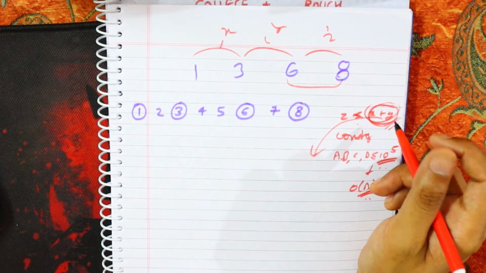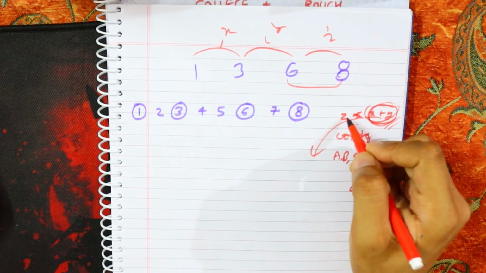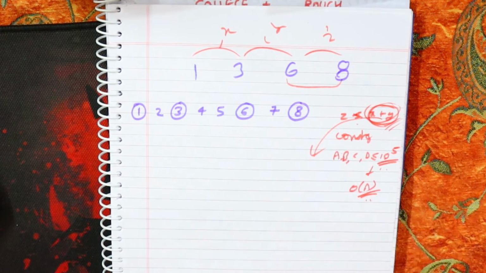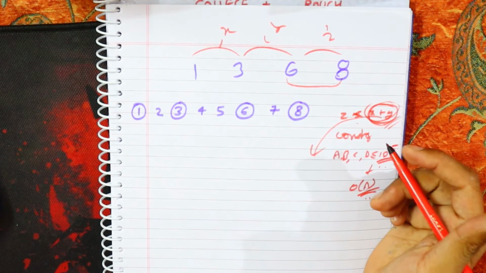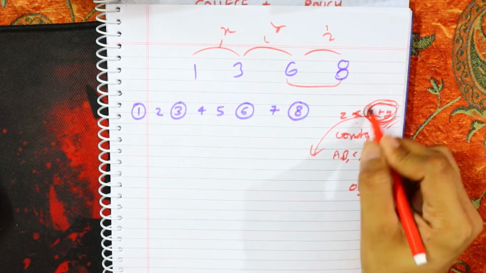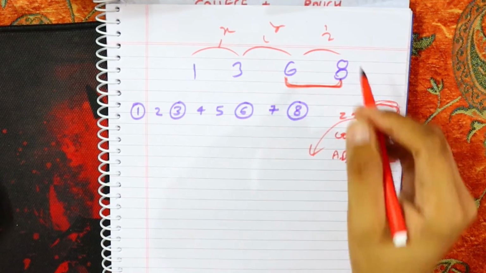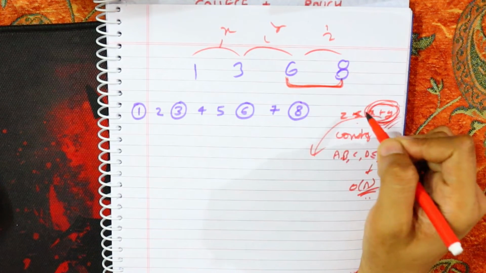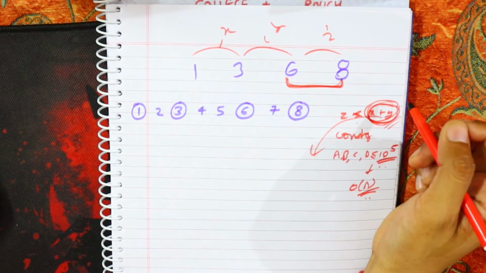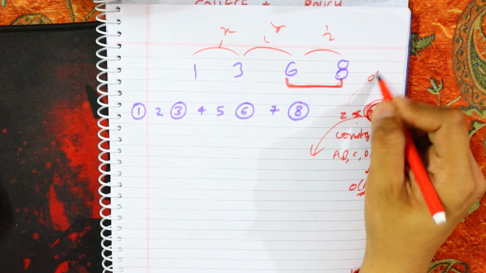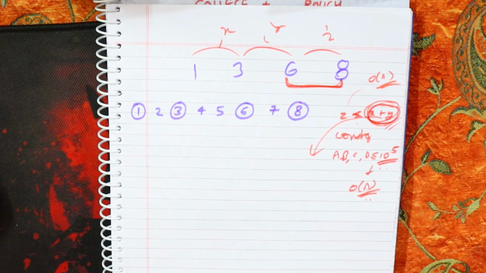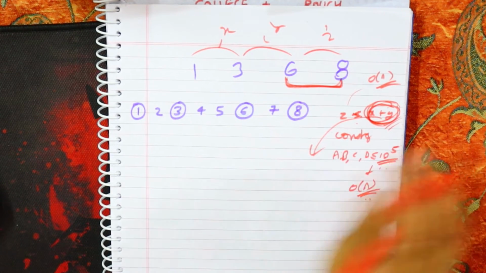The first thing I thought is, I will first check what the possible values of x plus y are, and when I know that, at last I will run a loop over the whole z range and check whether my z is less than x plus y. So the last step will run in O of n. You're seeing the approach: I thought the last step will be O of n, so it will not be a worry. Now let's move back. I need to find the whole x plus y.